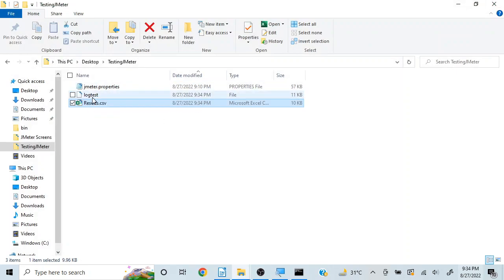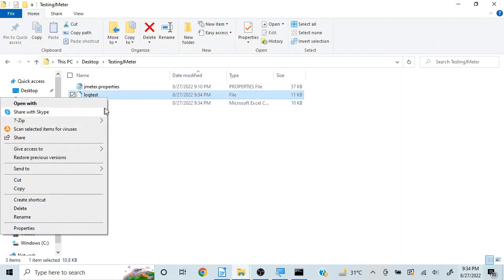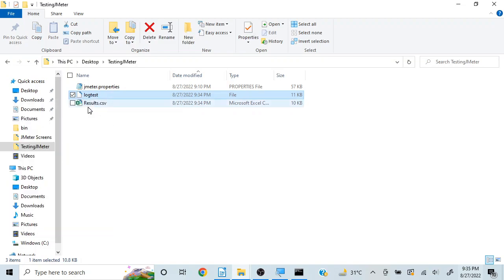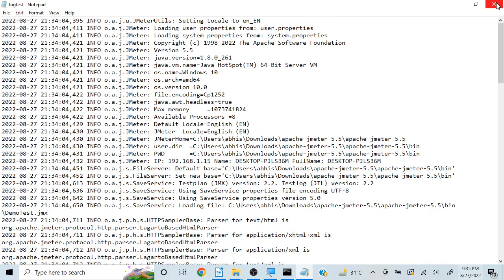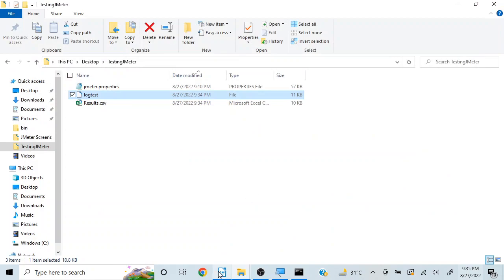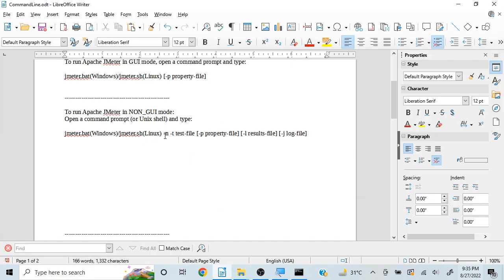Now in case of log test, it will contain all the log details. So let me open it with notepad. So here if you'll see, it will give you all the log details. So this is how you can use partially if you want hyphen n, hyphen t, and then